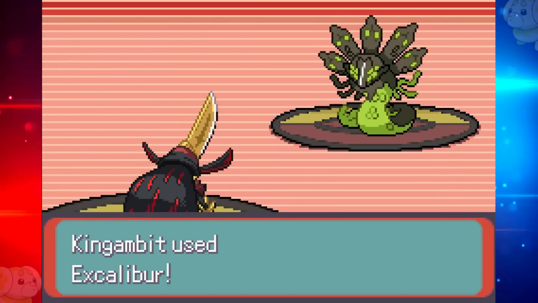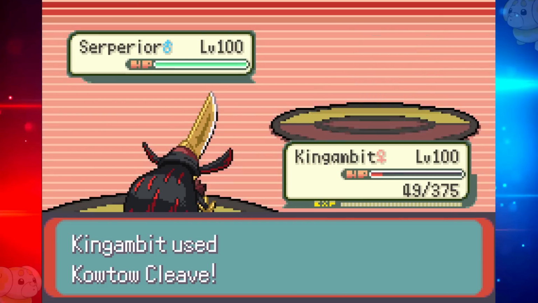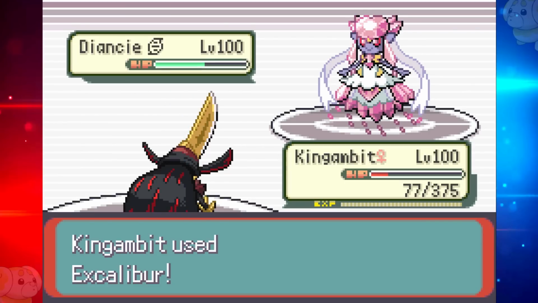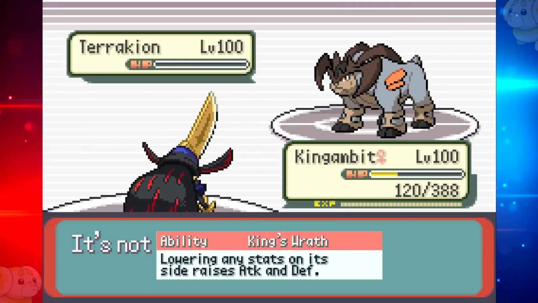It doesn't stop there. If you give it the Keen Edge ability, all of its moves are that much better. Kowtow Cleave is still a major threat. Although its coverage isn't as good as the Redux form, it still has X-Scissor, Leech Blade, and Shadow Claw. Honestly, you should always run Keen Edge, as its other ability Pressure is really not too useful. King's Wrath, its last ability,